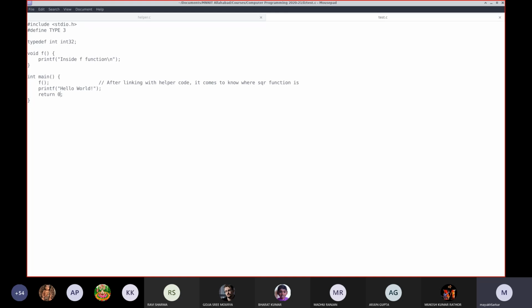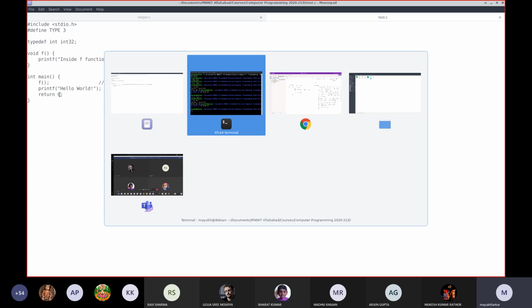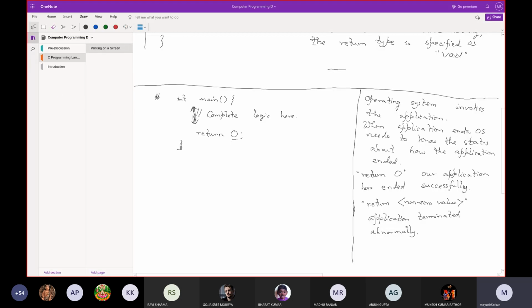a common custom: that the user has provided some abnormal input. Maybe the user has provided such input that it is leading to a division by 0, right? So in that case, we write an error message, and then we end with some non-zero return value, to represent that the program did not end normally; rather the user provided some wrong value and it ended abnormally. Any other query regarding this?